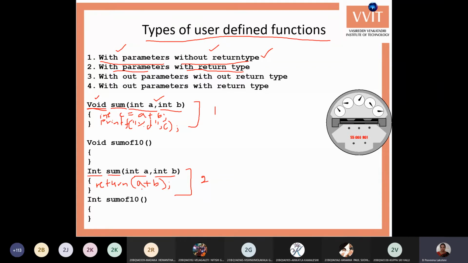So a is an int value, b is also an int value. Whenever you add those two values, the result is also an int, so we are giving int as the return type, function name as sum, a and b are the integer parameters. Then we can give the return statement as return a plus b. It sends this return value to outside of the function.